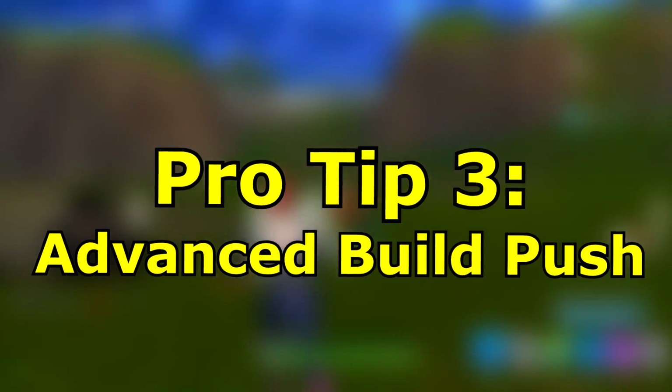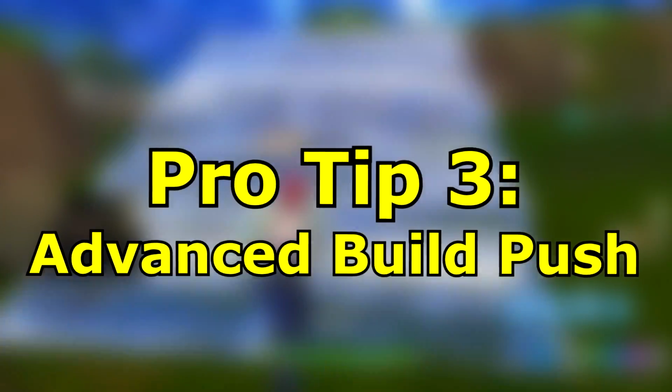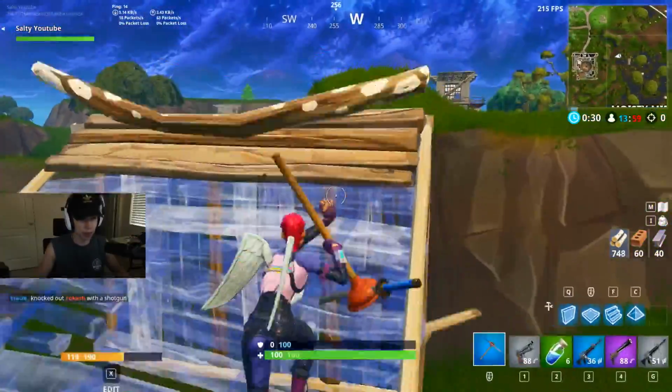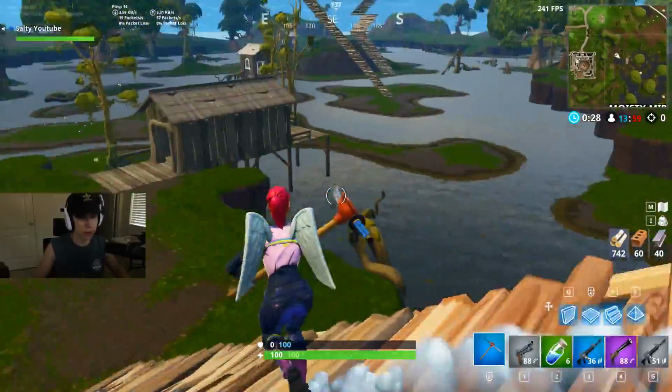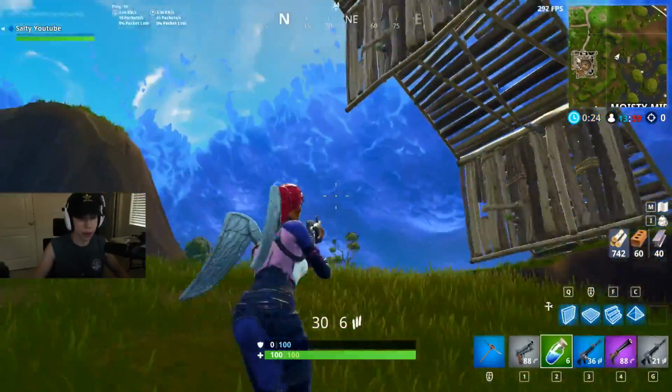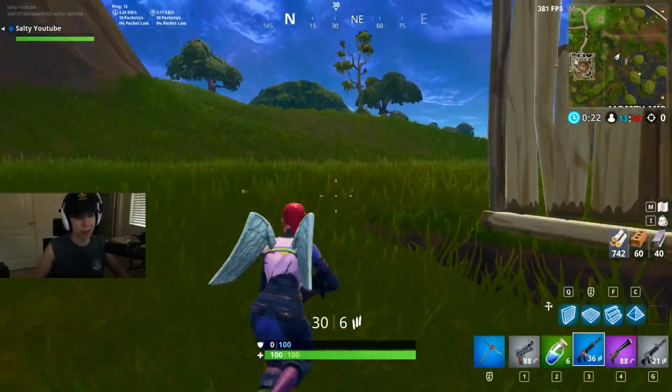All right, guys, third pro tip. This is going to be when you're ramp pushing someone. You'll see that people usually will ramp push like this. All right, and that's good. That's way better than just doing a single ramp. Obviously they got to shoot the wall and then the ramp, but something that's going to take it even further,